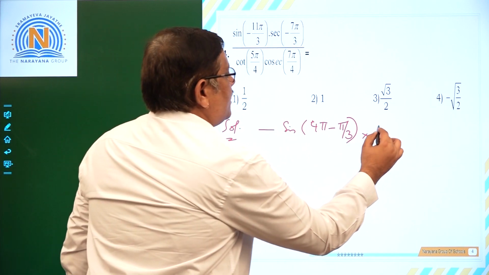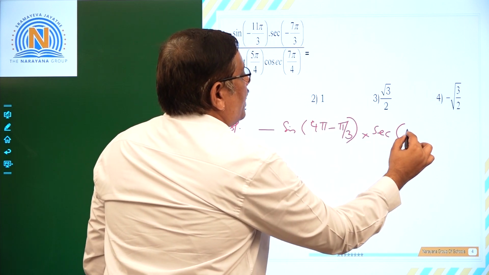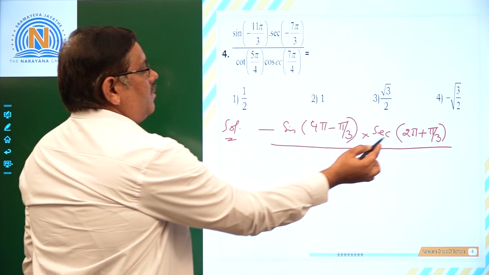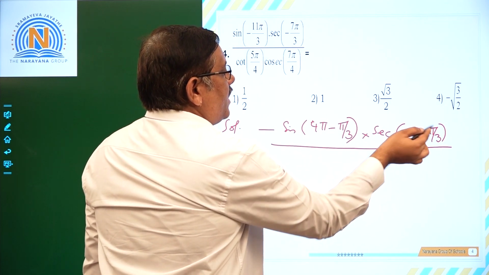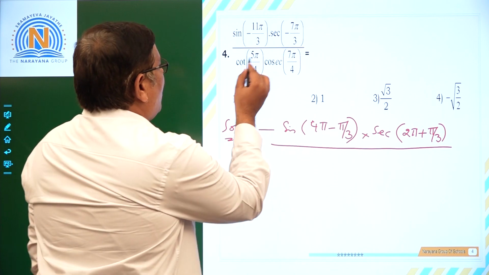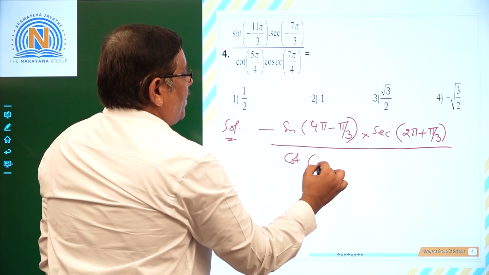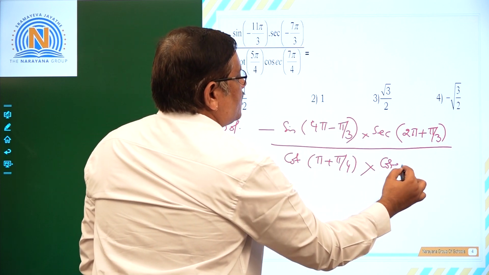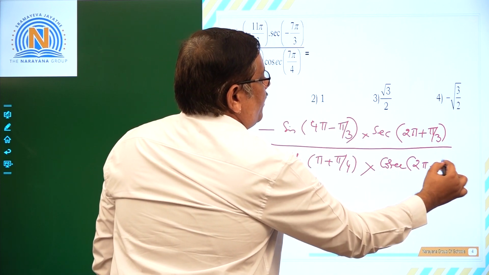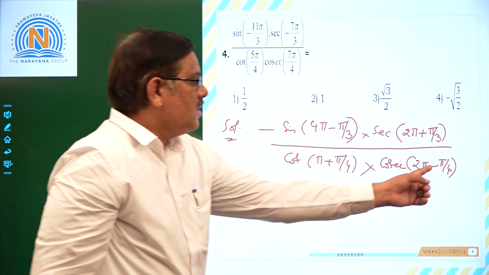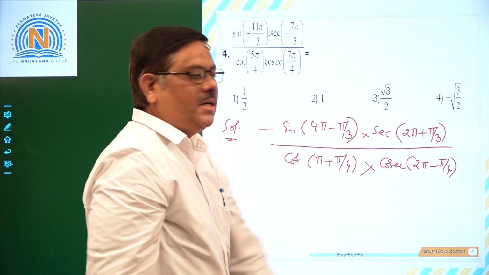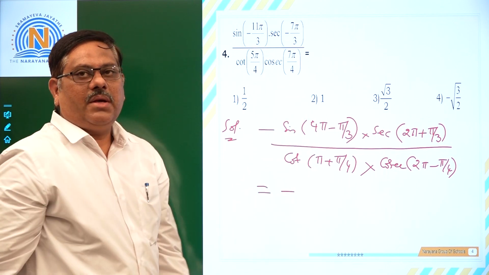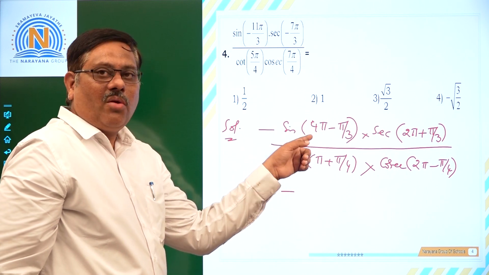So we can write this as secant 7 pi by 3, which I can write as 2 pi plus pi by 3, because 2 pi plus pi by 3 is nothing but 6 pi plus pi, that is 7 pi by 3. That's okay. Cot 5 pi by 4 is cot of pi plus pi by 4, into cosecant 7 pi by 4, which is cosecant of 2 pi minus pi by 4, because 2 pi times 4 is 8 pi minus pi, that is 7 pi. If you simplify further, minus sin of 4 pi minus pi by 3,